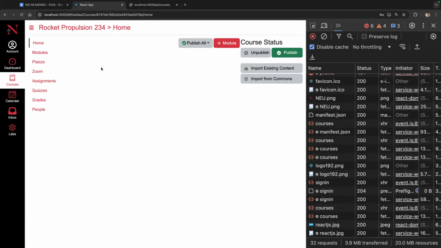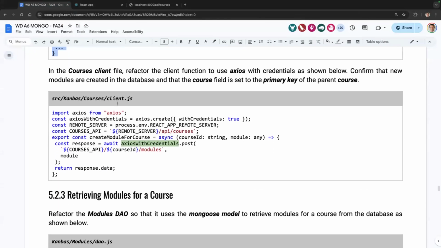And the module, notice that we did create it for this course, right? But it's not displaying, right? Because we only created it. Now we have to retrieve it from the server, right, to make sure that we are always displaying the latest here on the server. So let's do that